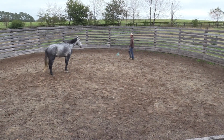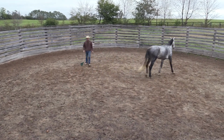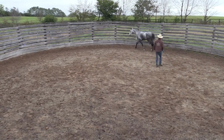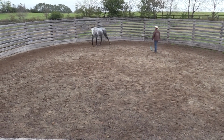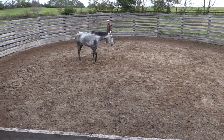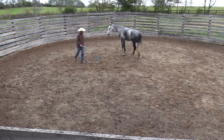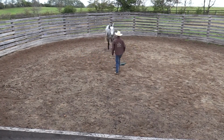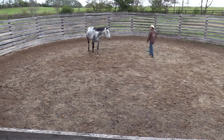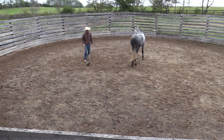See how she wants to face up? She's been allowed to face up a lot, and she knows that if she faces up, she can stop. I haven't really let her stop here for a little bit because I'm working on showing you guys this ground driving. So with a horse like this that's particularly lazy, she gets stuck. See how she stalls out? She's so used to just being able to stop. She's got to draw, but because we're pushing her away,